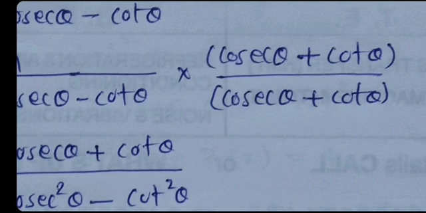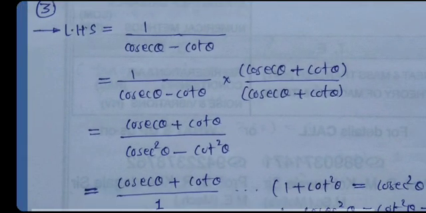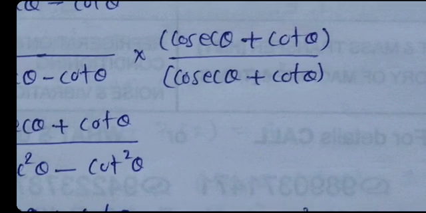So there is no net effect on the LHS because we are dividing and multiplying by the same term. Then by multiplying, we get in the numerator cosec theta plus cot theta, and in the denominator, if you assume cosec theta as A and cot theta as B, then here A minus B and here A plus B,